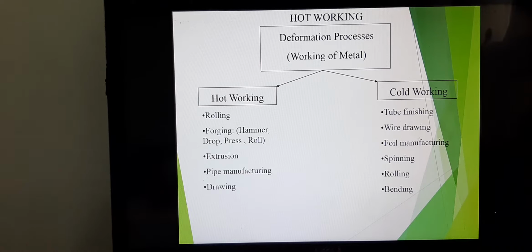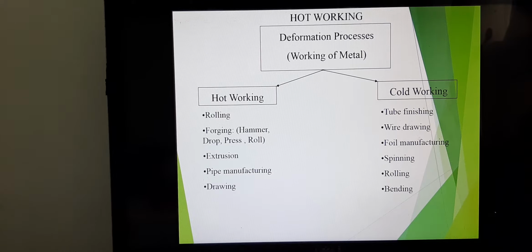So today we're going to start a new chapter, hot working and cold working processes. This is the next manufacturing process that we're going to talk about. If you recall correctly, we started off with introduction to manufacturing, and then we spoke about all the types of materials available under the nature and properties of material. And then slowly we moved on to the different types of manufacturing processes.